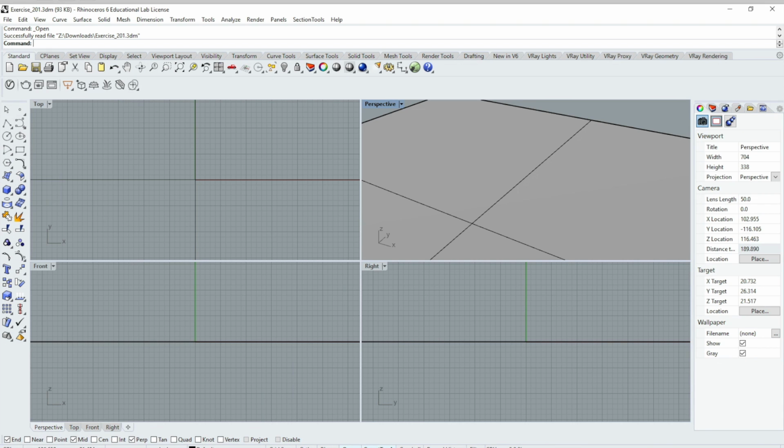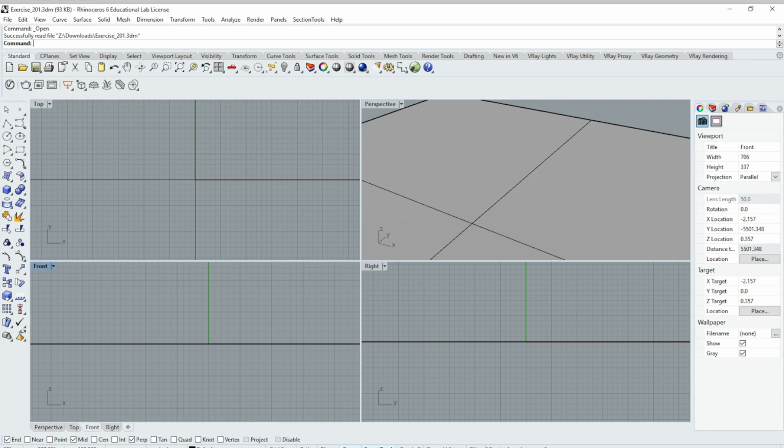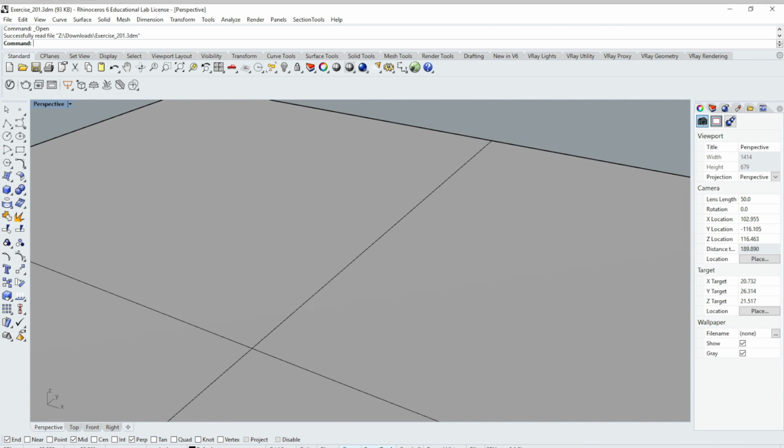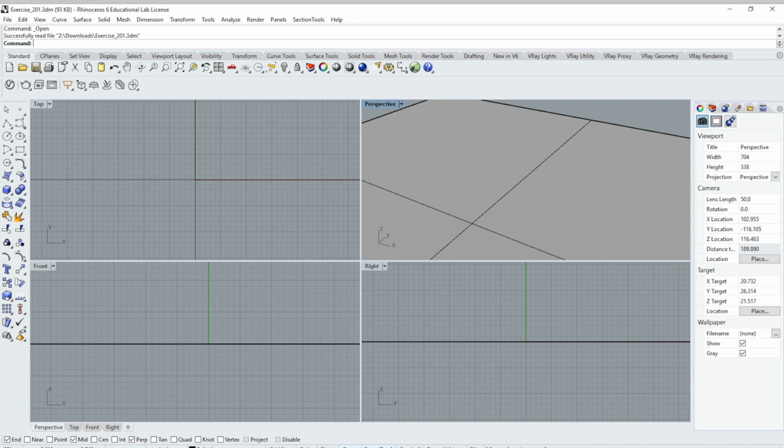Today, we'll primarily work in the perspective view. The nice thing is that we can make that perspective view take up the full page rather easily by just clicking on where it says perspective. We're going to double click, and when I do that, it makes perspective view take up the whole page. If I want to go back to all the rest of my views, I can double click and it'll show me the rest of my views.